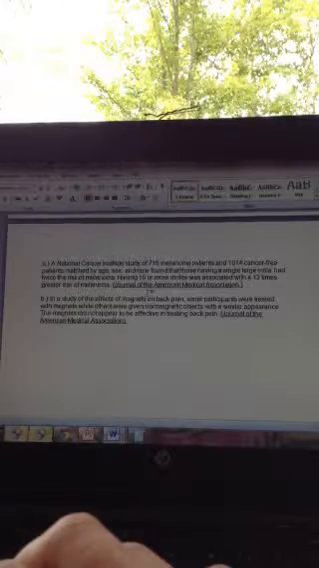Alrighty. Determine whether or not the following are observational studies or experimental studies. A National Cancer Institute study of 716 melanoma patients and 1,014 cancer-free patients matched by age, sex, and race found that those having a single large mole had twice as much melanoma. Having 10 or more moles was associated with a 12 times greater risk. So this is observational